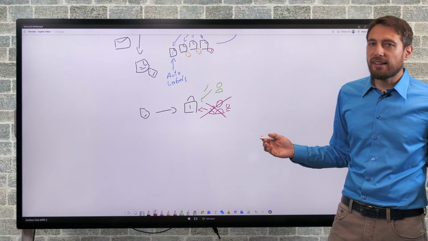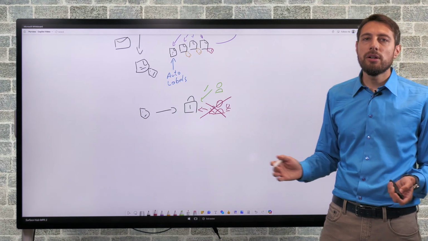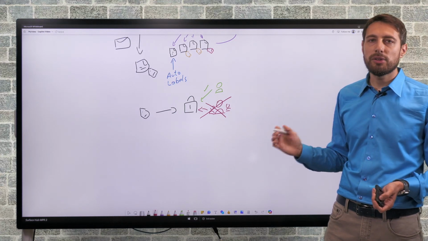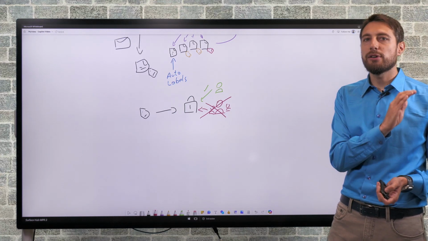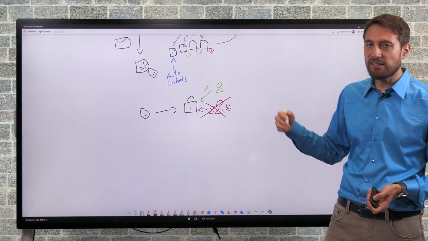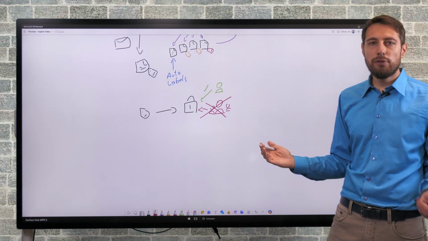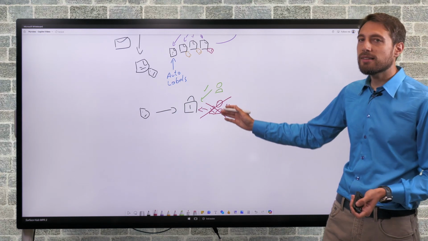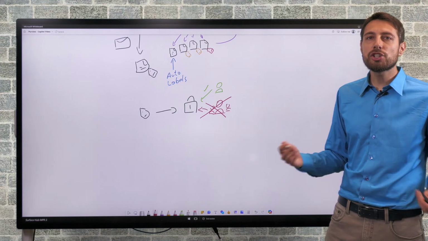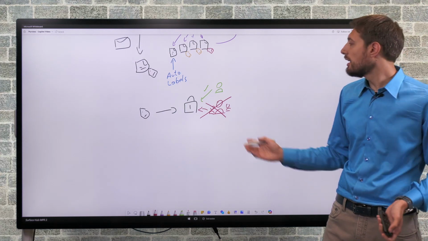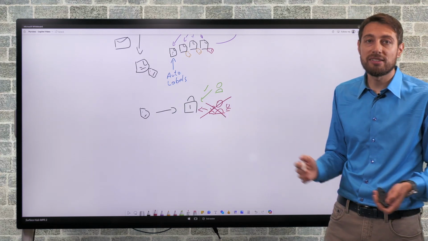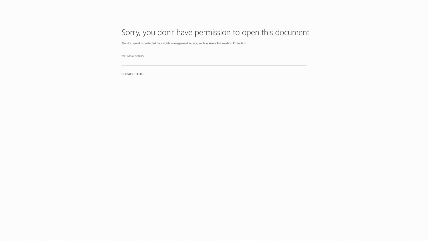So how does this help us with Copilot? Why is this important here? Recall from the previous video that Copilot acts on behalf of the user. It inherits the user's access rights and permissions. Therefore, we can use the encryption that sensitivity labels provide as an additional layer of access control. After all, if a user can't access a document because it's encrypted with a sensitivity label, Copilot won't be able